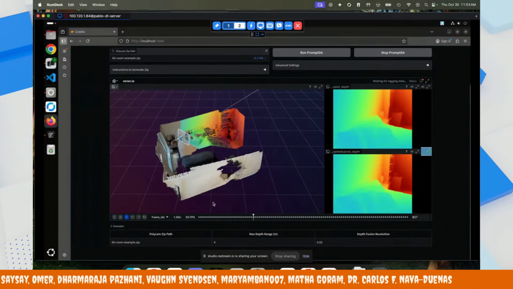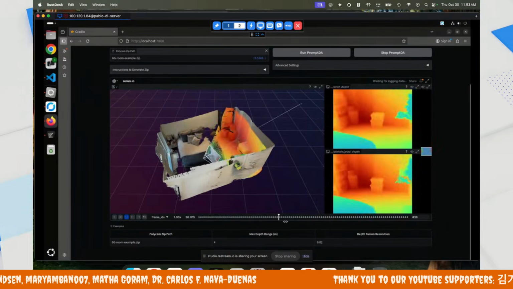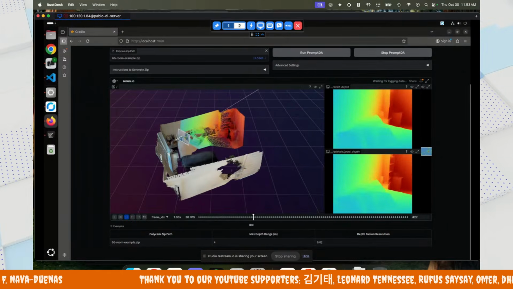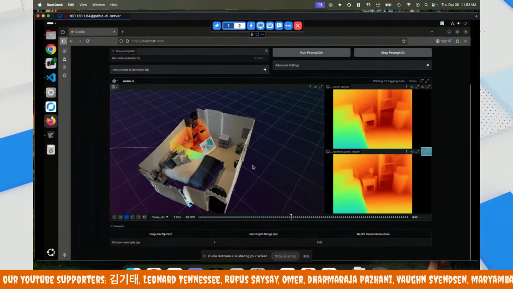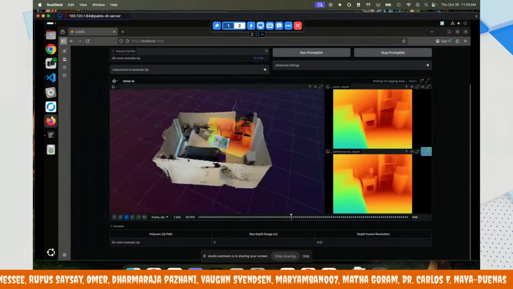Super magical there. Great demo. Thank you. Yeah, it's a very cool one, and the Rerun viewer does such a good job, especially with depth maps. I feel like depth maps look just amazing in 3D like this. It's really hard to usually get something like this, but I think Rerun makes it super easy.